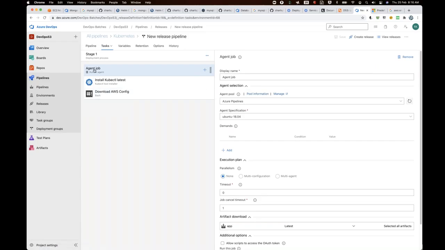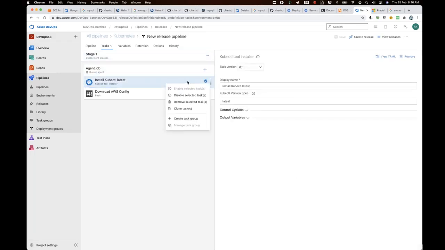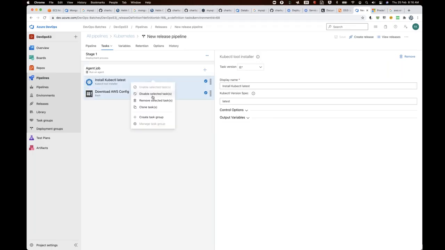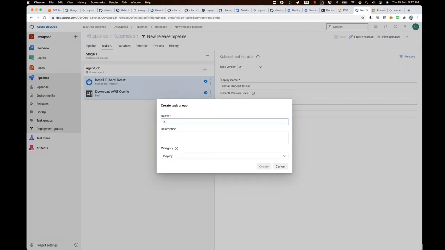I forget. Does anyone remember how we create a task group? Tasks. Okay, on stage one, agent job, agentless job, this one. You have to select the task, then right click, and then you create a task group. Okay, makes sense. So I would say create a task group, and I will name it K8s